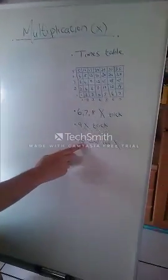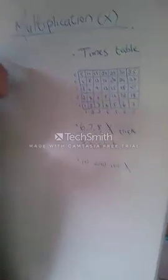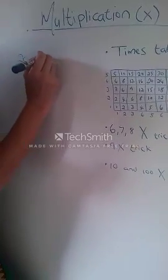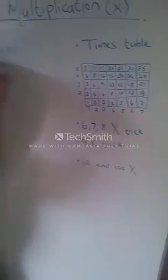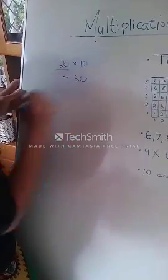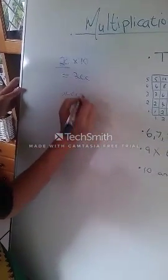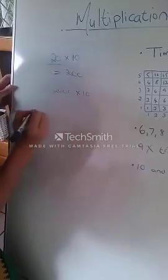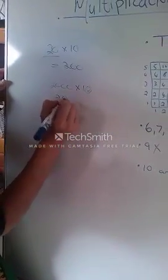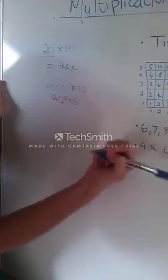Okay. And when it comes to the 10 and 100 times table, there's a very simple trick to this. When you have, let's say, 20 times 10, all you do is add a little 0 to this. So it becomes 200. When you are looking at 2,000 times 10, once again, simple. You add that little 0, so it just becomes 4 zeros instead of 3. When you are working with 100,